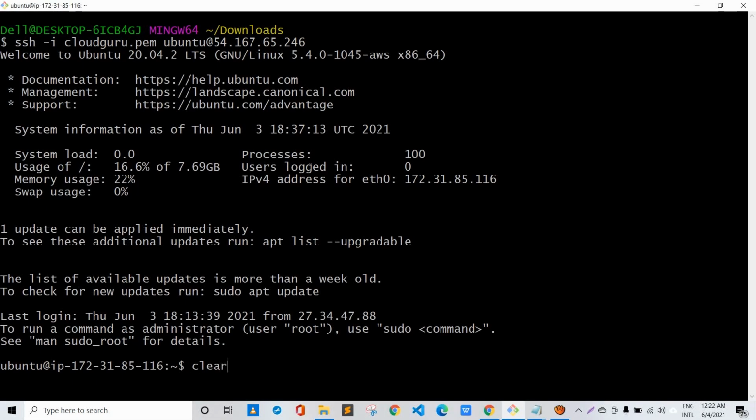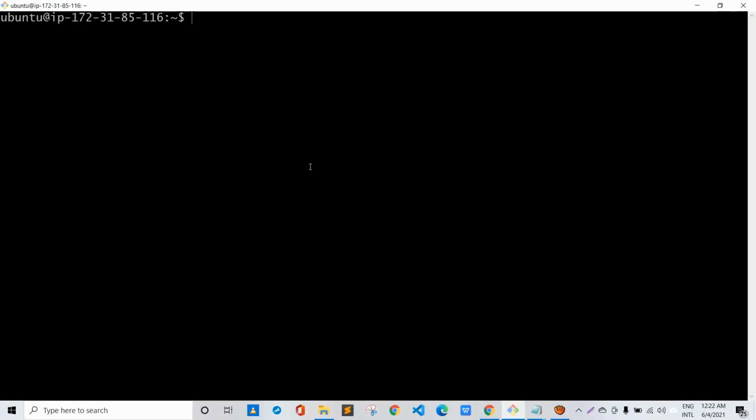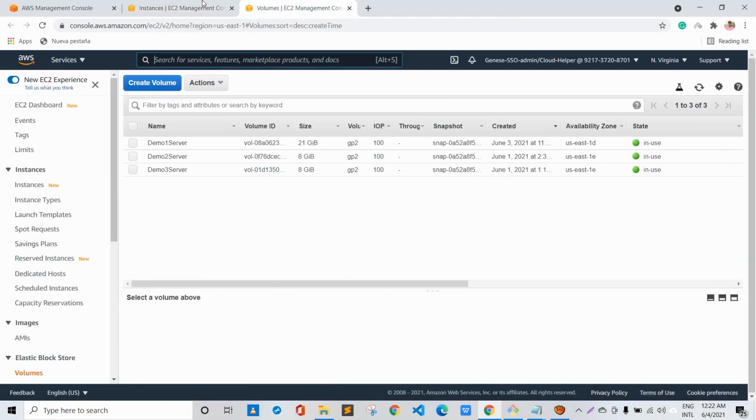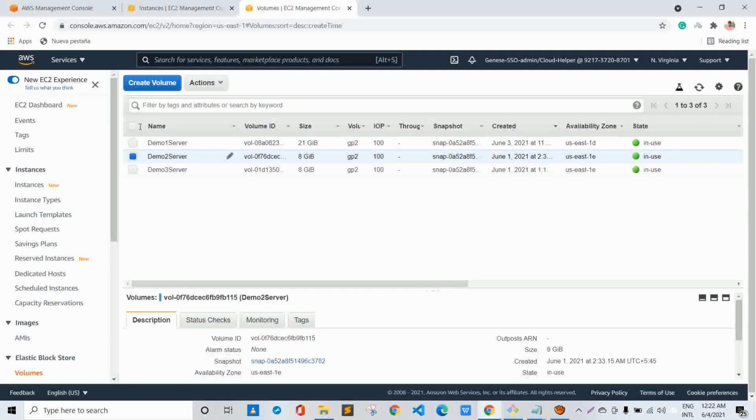I'll clear my screen. Okay, so let me first say a few things over here. Let's say that currently we have an EC2 instance that has an EBS volume of 8 GB, that is for demo 2 server, and let's say we want to change this existing default 8 GB EBS volume to something, let's say 50 GB.